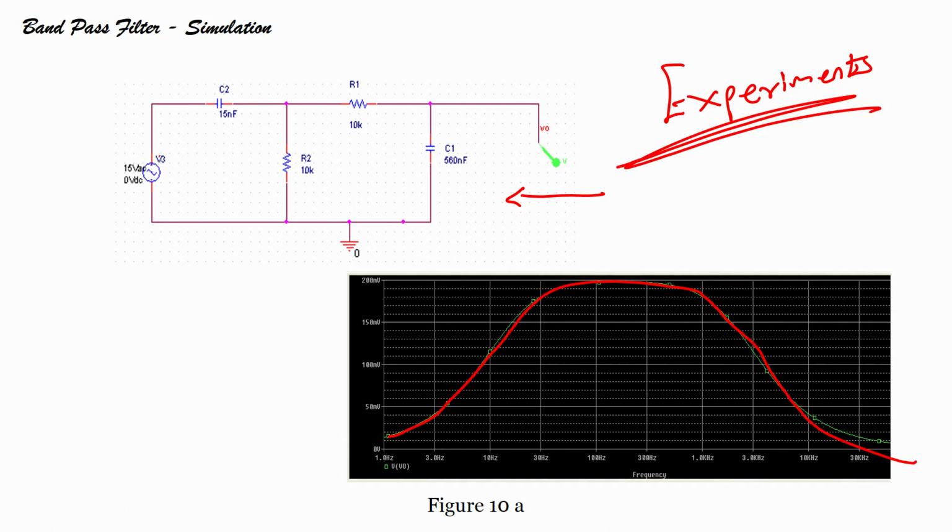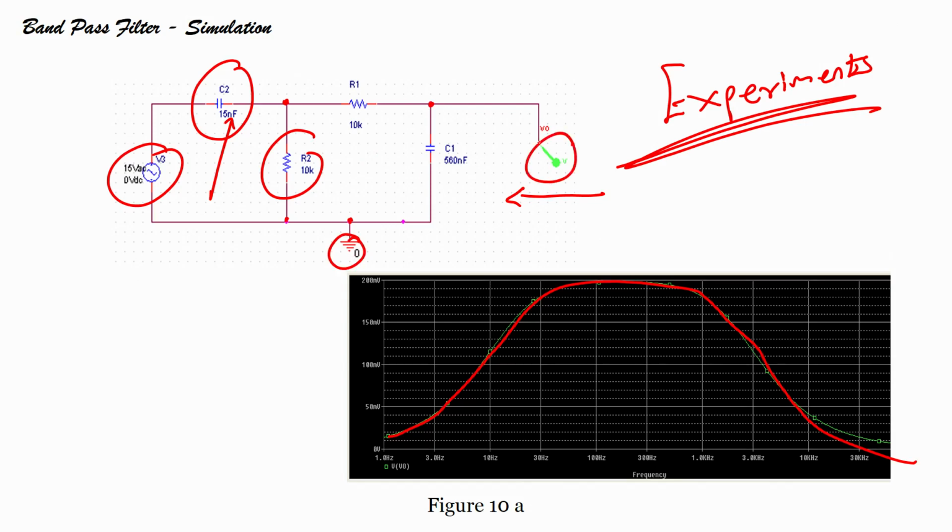In general, we will see how we can get the source from the library, how we can select the capacitor, how we can define different values of capacitor, how we can drag the resistors, how we can connect these resistors and capacitors, how we can select the ground from the library, and at what point we want to see the output voltage when we apply 15 volts peak to peak with a certain frequency that we have selected.